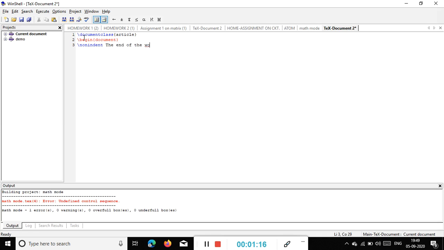The ends of the words and sentences are marked by space, full stop.